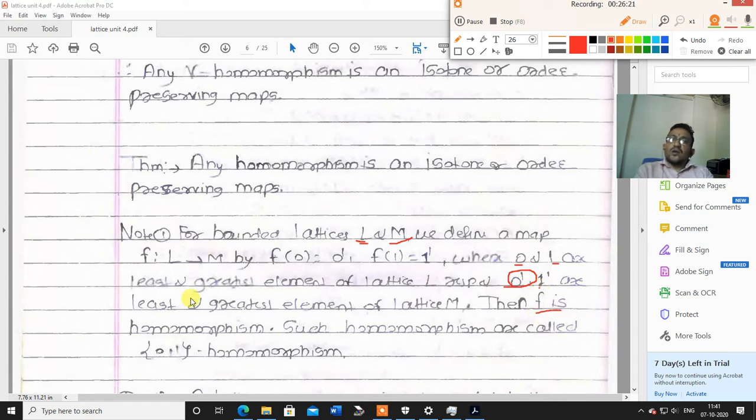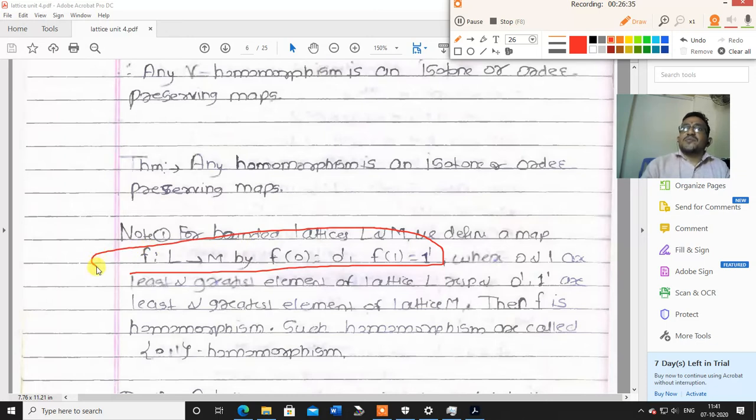Then the function f is a homomorphism, and such a homomorphism is called a 0 1 homomorphism. We defined this function, and we saw this is a homomorphism, and such a homomorphism should be a 0 1 homomorphism. Okay, this is important. This is a note here. Next we see